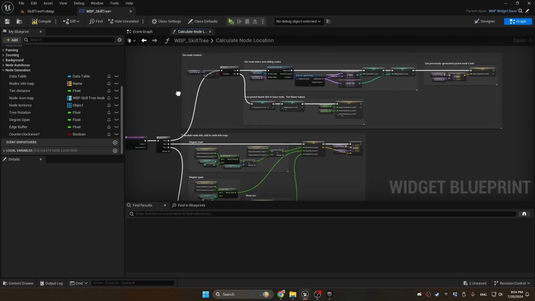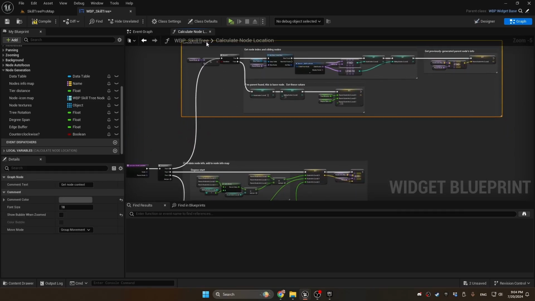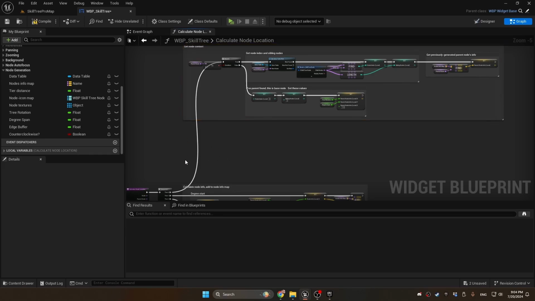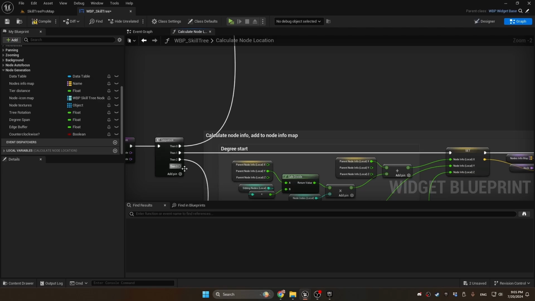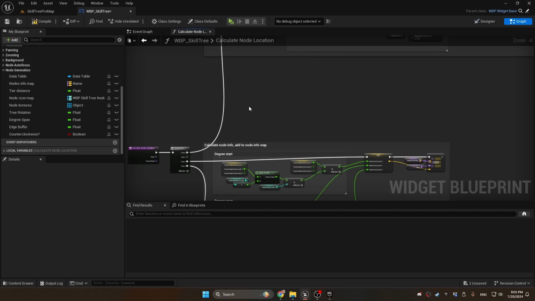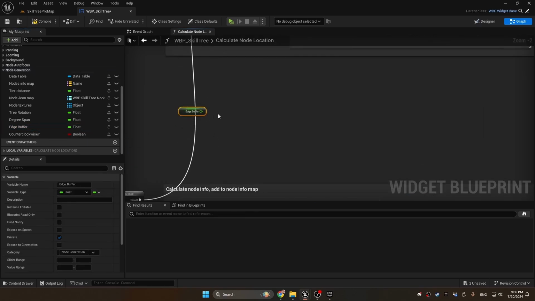And after this first chunk is done, this first operation, we're going to calculate the buffer angle, and this will be the angle between the groups of nodes, so we can kind of have more spread between the groups or more clumping within the groups depending on how you look at it. So we'll add another pin here. I'm just control dragging these two down, and now out of the one output we'll take that edge buffer,